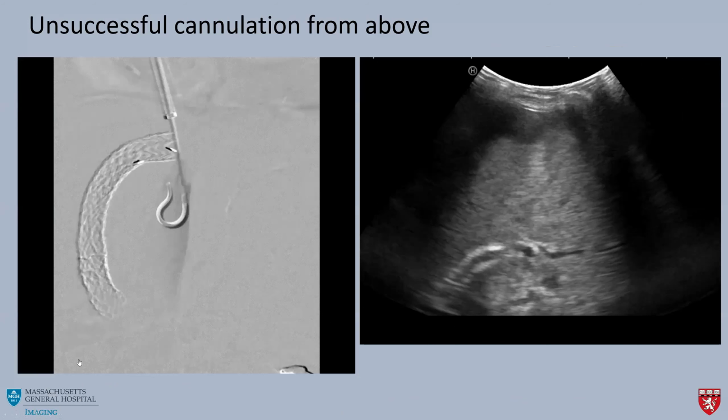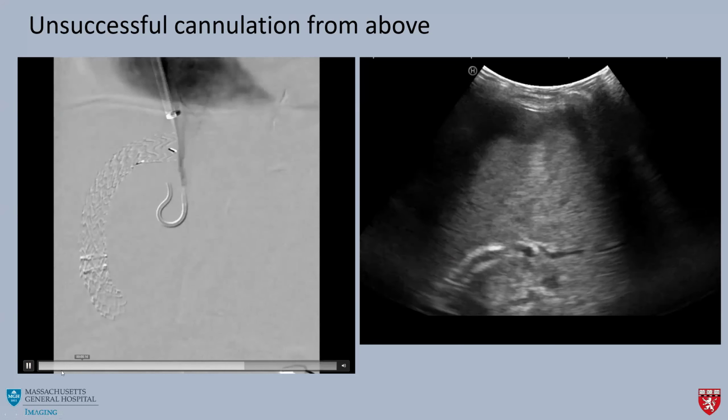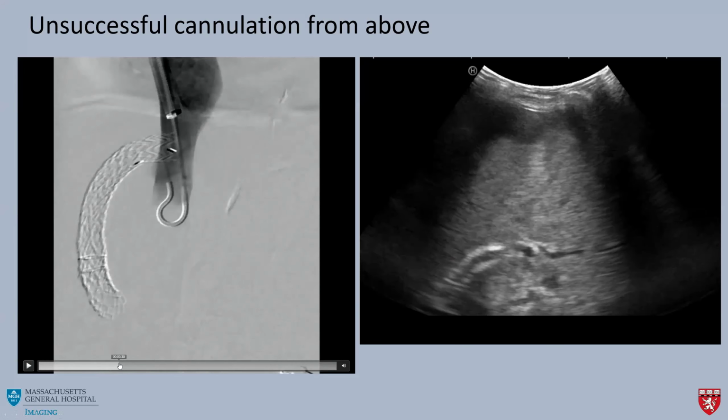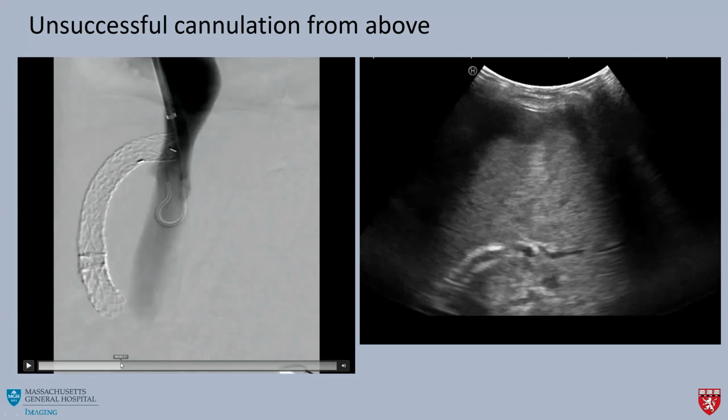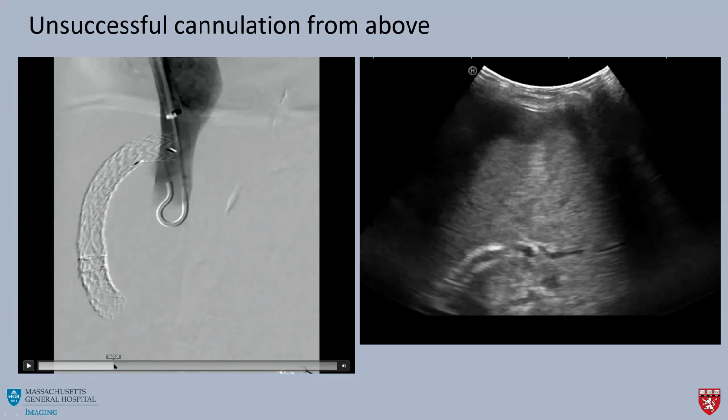So the patient came to us for a TIPS recanalization. Basically, we started with right IJ access, and we put a 10 French sheath down. We tried to cannulate it from above, but we were unsuccessful in doing so. We used a bunch of different catheters, reverse curve, Compi. And the issue was that if you look here, the TIPS stent is kind of protruding into the IVC. And we're guessing that there's probably flush occlusion.